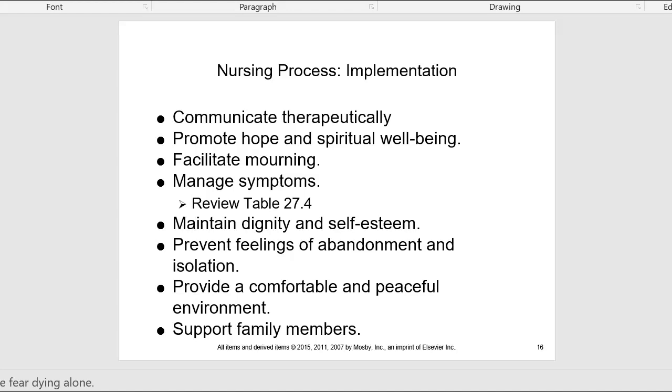Signs of impending death: when you have an absence of breathing and heartbeat, bowel and bladder release, the patient is unresponsive, and the eyes are fixed and the pupils are dilated. After death, you can help family members notify the funeral home, other family members or friends who are not present, and help arrange for transportation of the body, gather the patient's belongings.